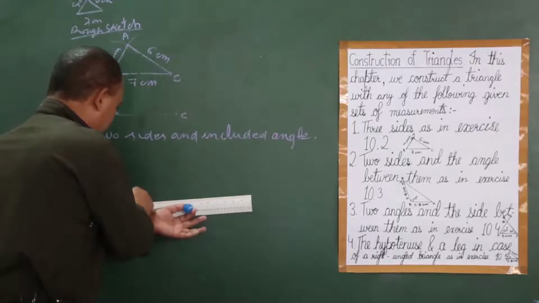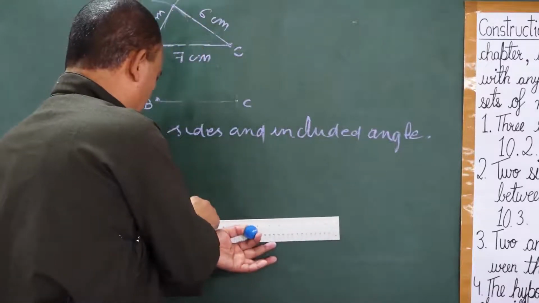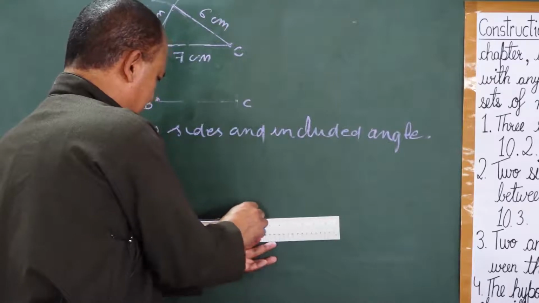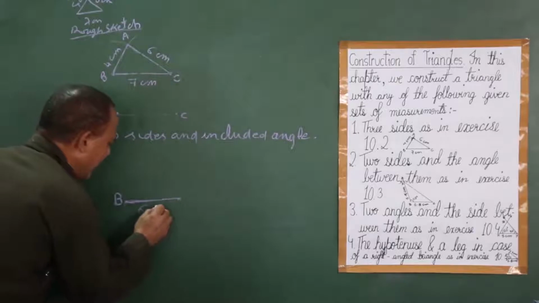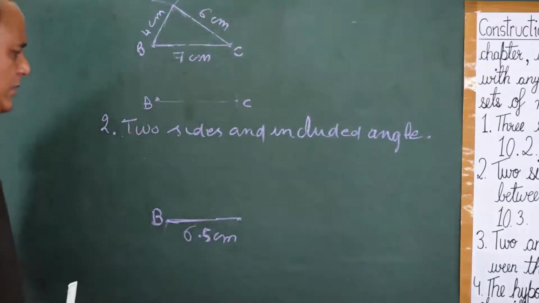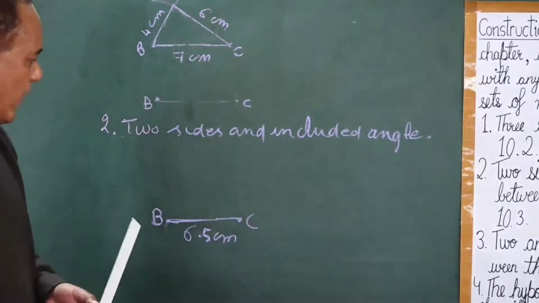So whatever way, I will use the ruler now. Okay, so this is how many centimeters it is. Let us say this is 6.5 centimeters. So this is 6.5 centimeters. Now once I do that 6.5 centimeters, this is C here. So what happens now?